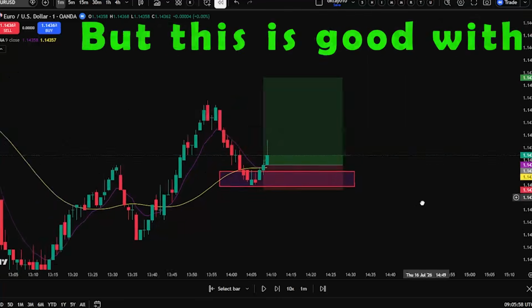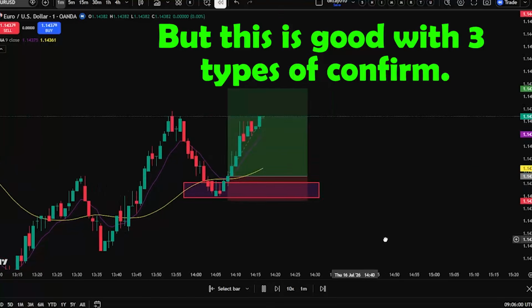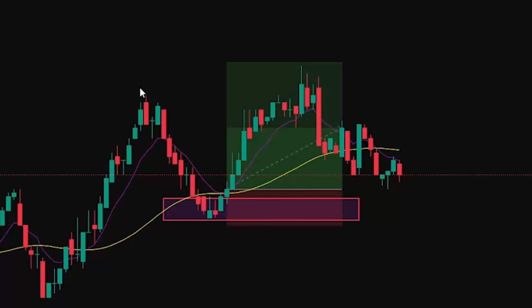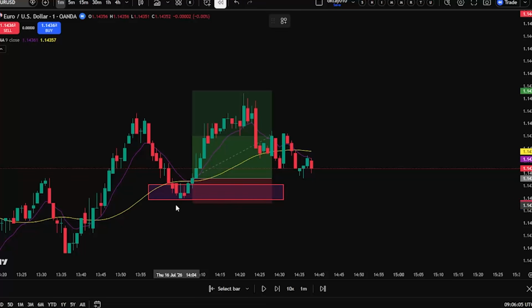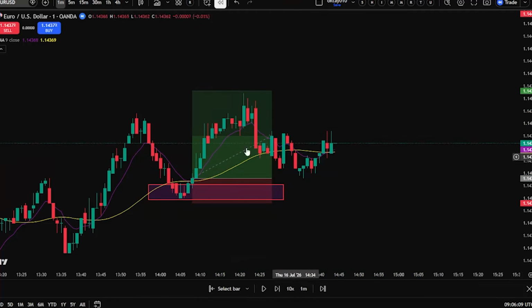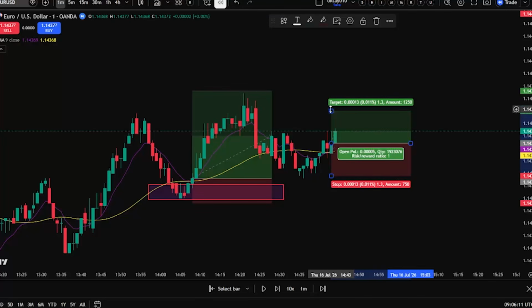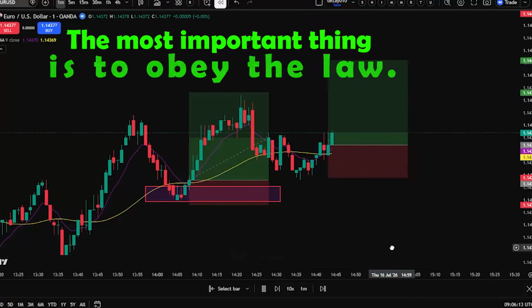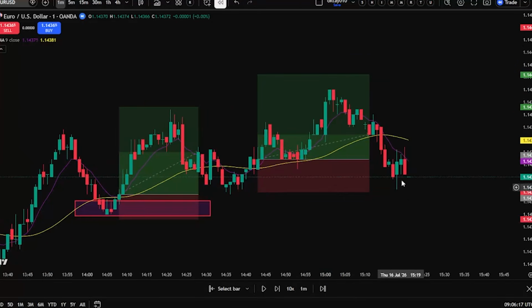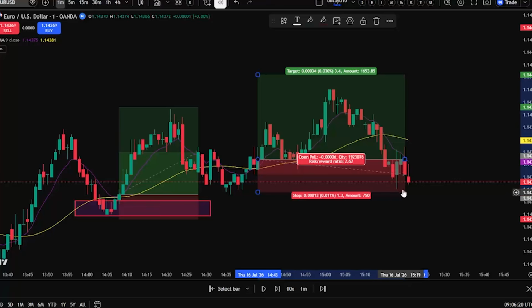One thing that many scalpers ignore is that Fibonacci itself is not an entry signal. What matters is the price behavior when it reaches this area. So far, we have seen that this strategy can create interesting positions in the right conditions. But the most important part is the correct implementation of the rules. In the rest of the backtest, we will analyze more trades and finally summarize the overall result to see how